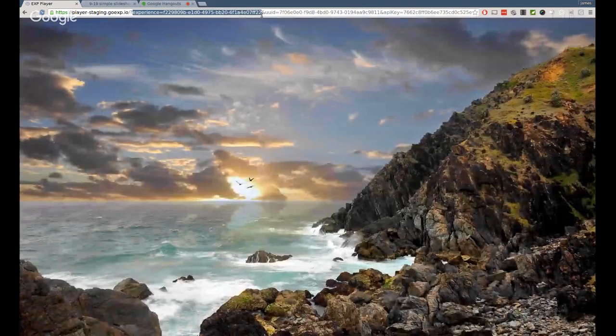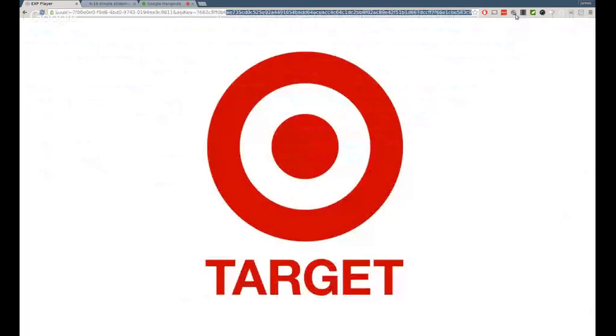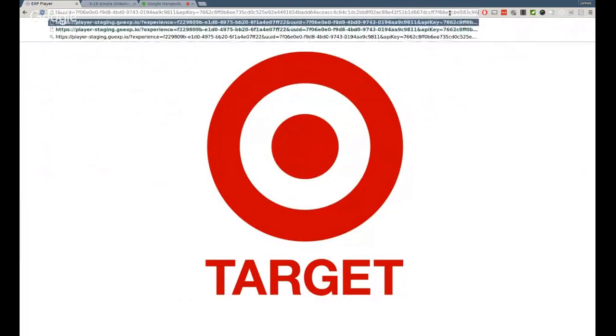But adding this experience parameter back in, this is the UUID of an experience that I took from the experiences page. And so this is playing whatever the scheduled content is in that experience. So in addition to this, I'll go to the very end of this long URL parameter, and we can add a key,